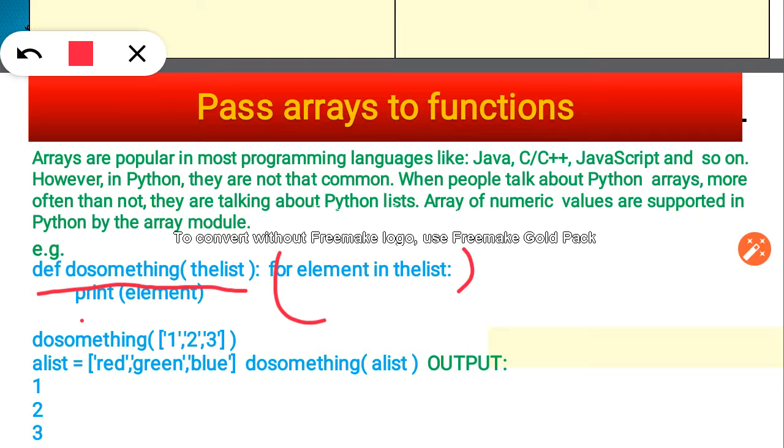So when we are calling it through this do something, in brackets we are calling the function. Just see through this calling function what value we have sent. We are sending one list, right? 1 2 3. So what output am I getting? I am getting 1 2 3, as if I am traversing it. Do you remember the traversing of a list? So please run this program and you will understand.